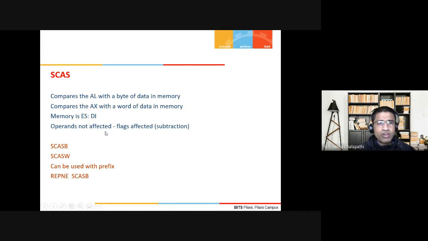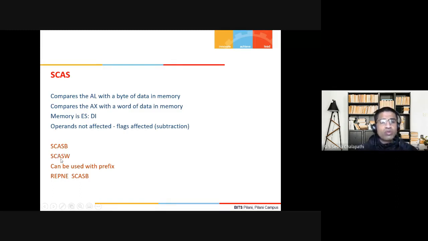The operands will not be affected, only the flags will be affected. It will do a subtraction: AL minus that data, or AX minus data. So it can be SCASB or SCASW.